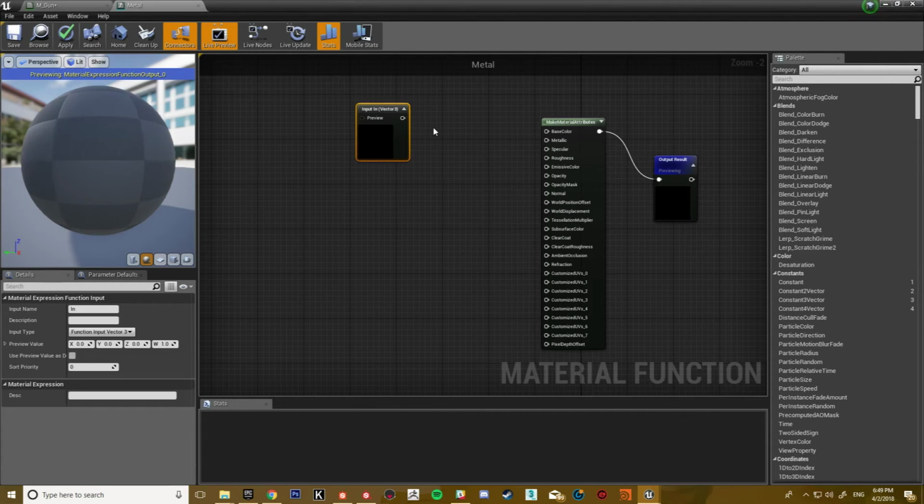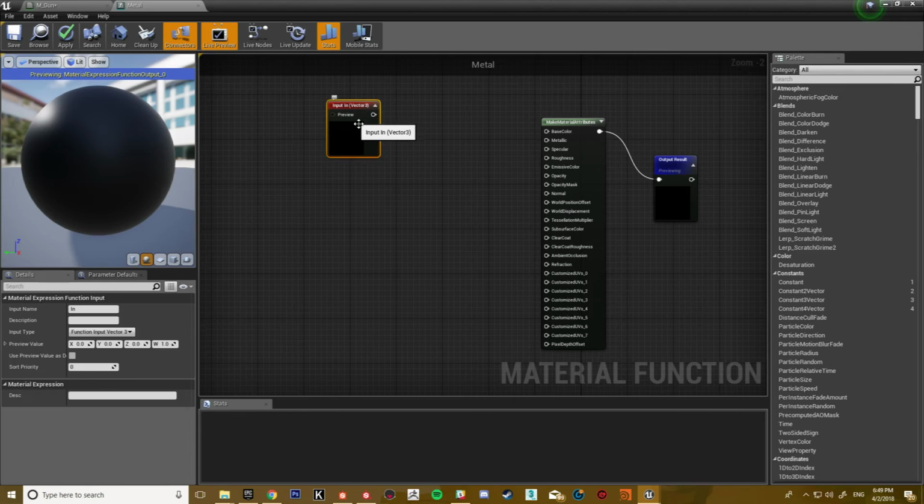So this is where you get your function inputs. I don't want to go into this too much, but you've got your inputs and outputs, and you can just do anything in between that, and then it's reused. You might have to look at material functions on the Unreal website or something like that, just to learn more about it if you do find it a little bit confusing.